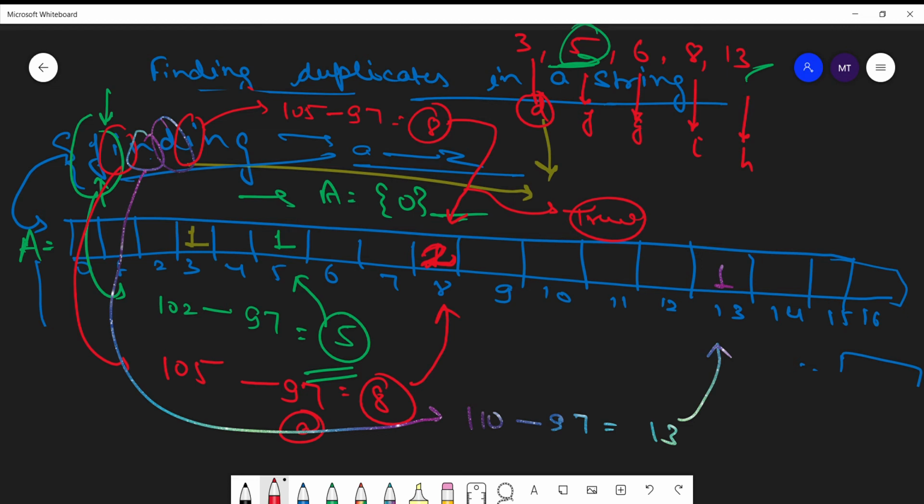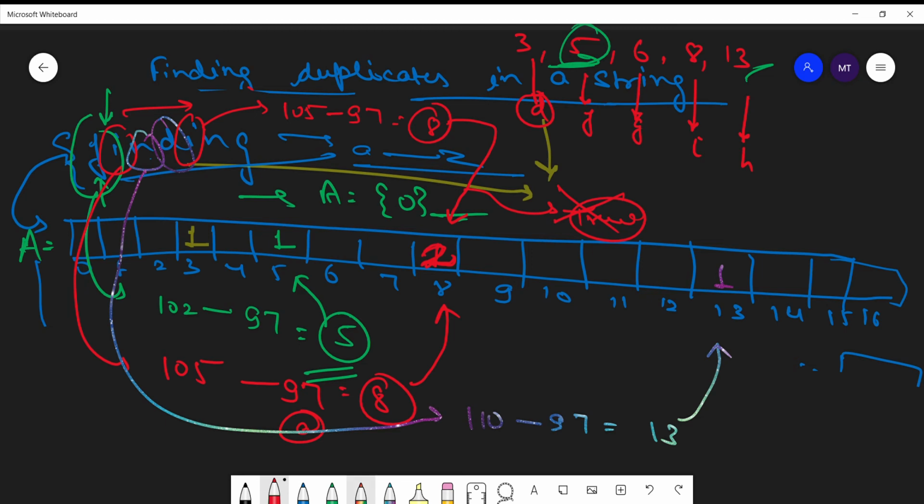But what if we have to find out how many duplicates of a character there are? Then we should not return at this point, and we have to iterate over all the characters and increment all the values at their respective indexes.